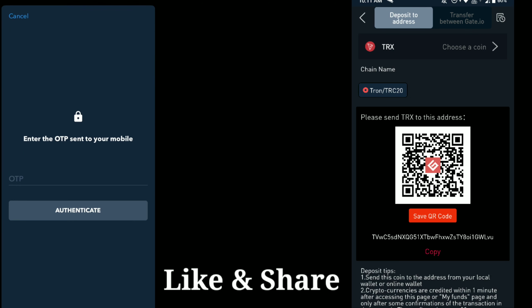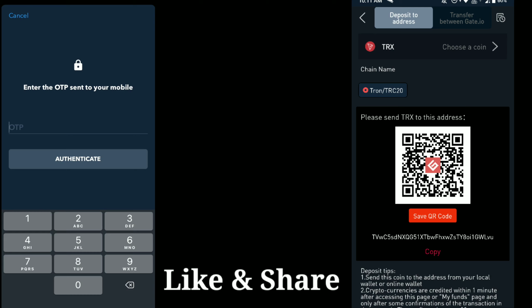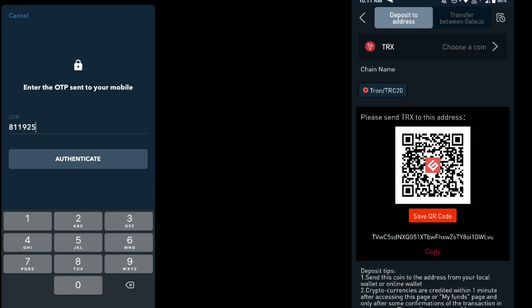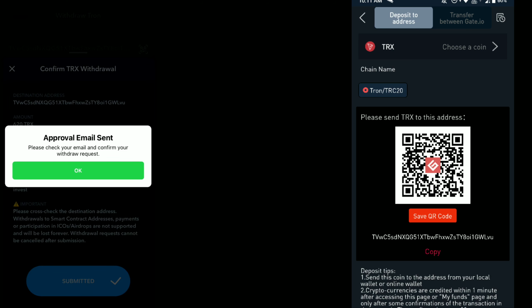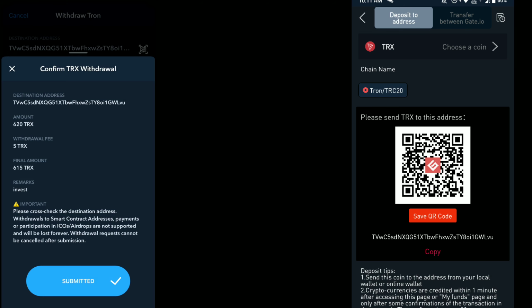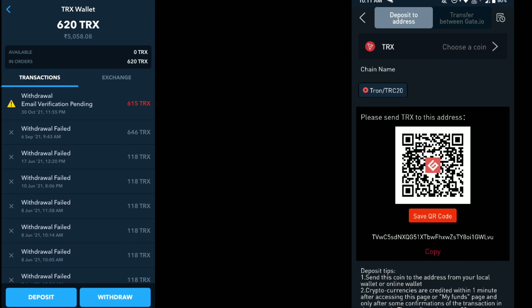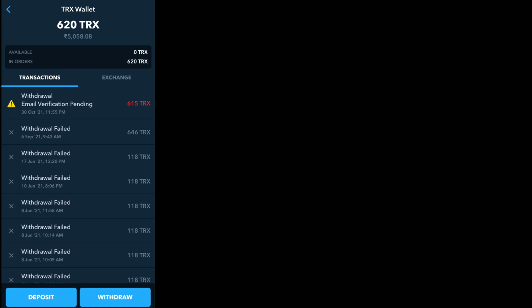I will swipe it, and once you swipe here, you need to enter the OTP for the registered mobile number. For Vajirex, with the registered mobile number, you will get an OTP. I will enter it over here. Once you enter, you will get an email verification also. As you can see on the screen, I will click on OK and I will verify my email ID also. You need to open your Gmail account and verify. I will do this process also.